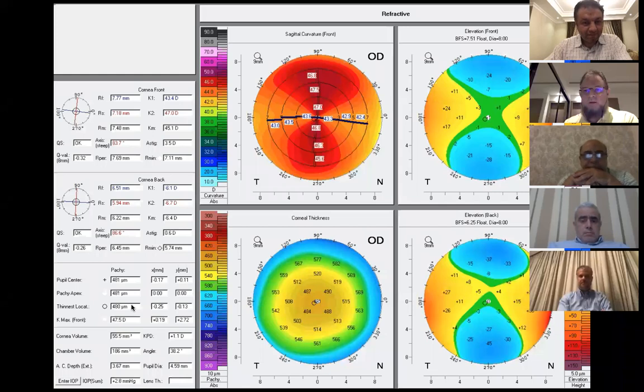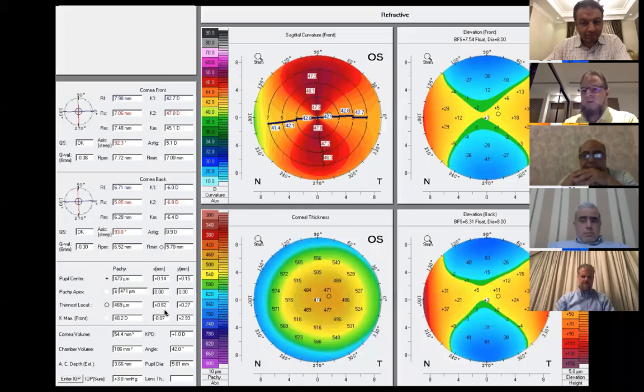Now we go to the left eye. The left eye has the same. Mean K is 45.1, no inferior superior asymmetry, no skewed radial axis. The elevation maps are normal. The thickness map is concentric. And for the pachymetry map, there is about 469 or 470. Okay, or around 470. Can you first show the left eye? Yes, now. Thank you. Sorry. Okay, now